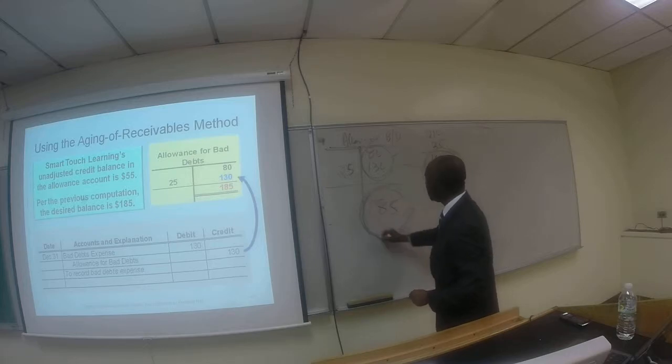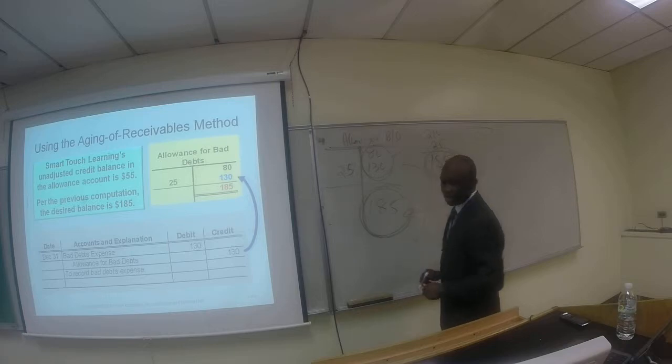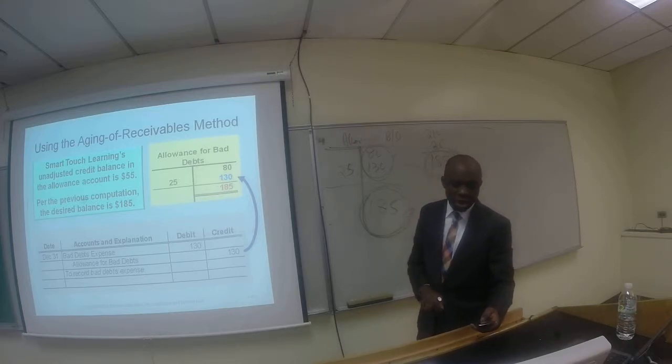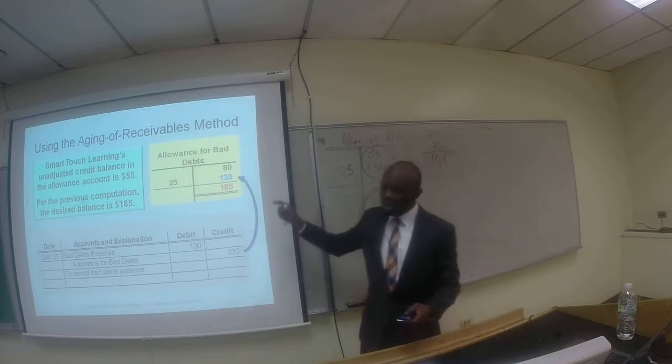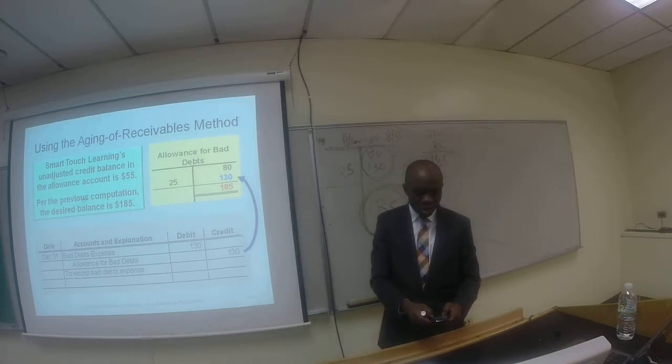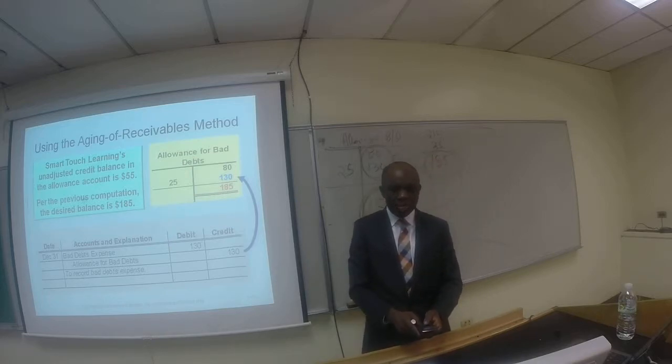So the desired balance, like we said, is $185. So that is how we figured out the credit or the amount that we use for the adjustment. So we make a journal entry by debiting bad debt expense for 130, and we credit the allowance for bad debt for 130 as well. So moving forward,